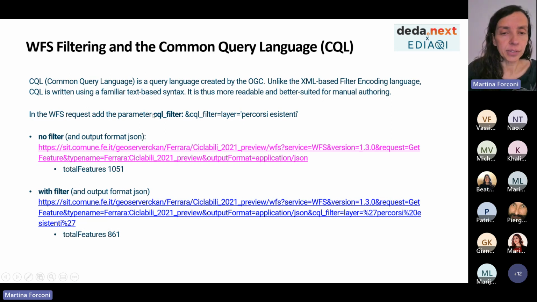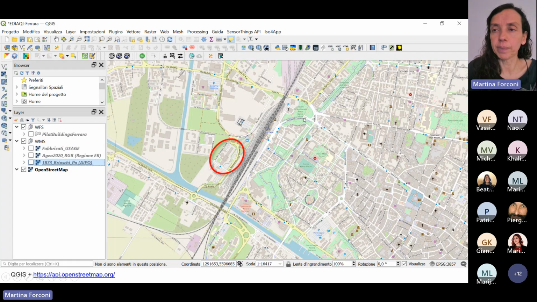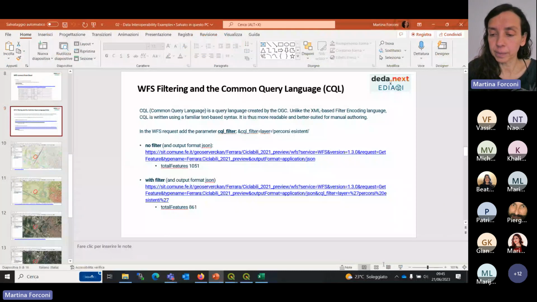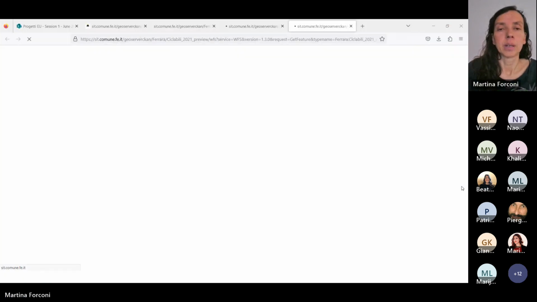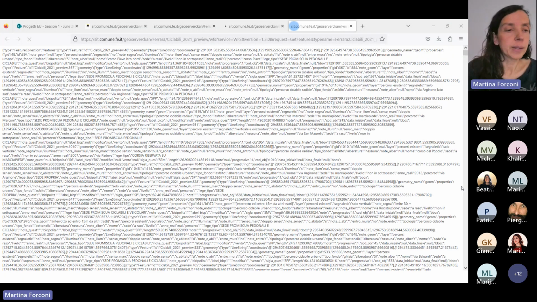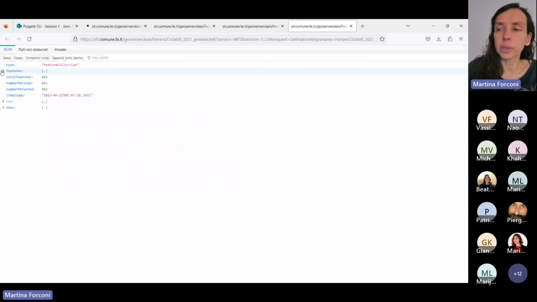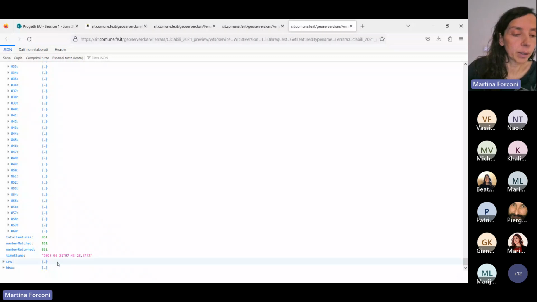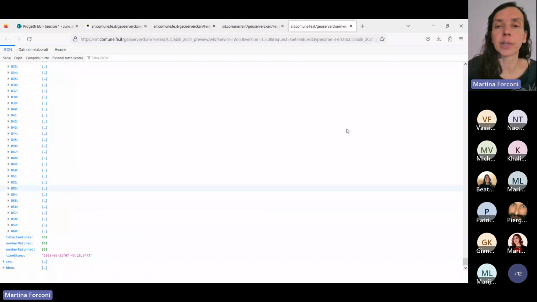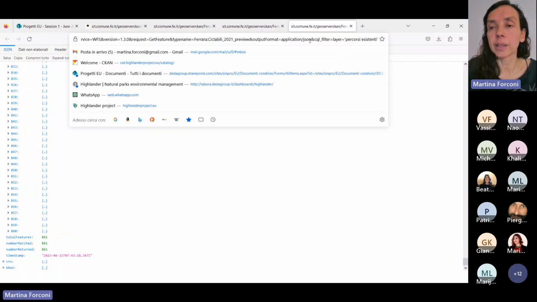So I add this filter at the end. Sorry, I clicked in the wrong place. This is with the filter at the end. So in this case, we have fewer features because we have applied the filtering in the call.